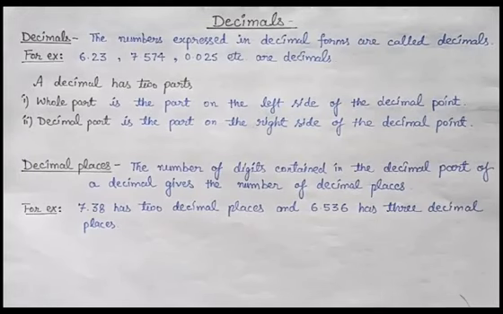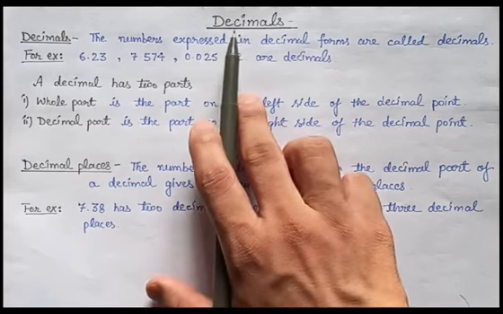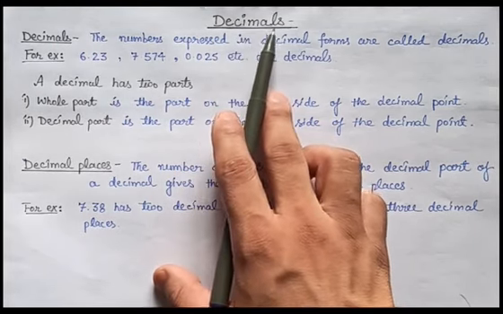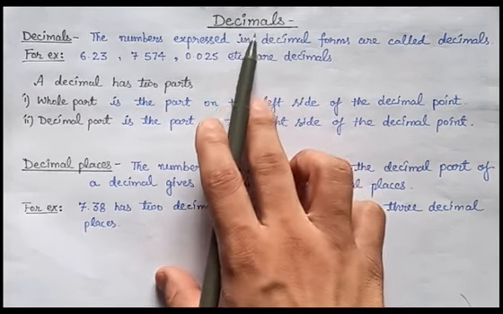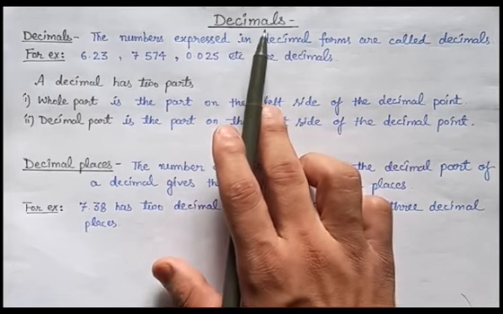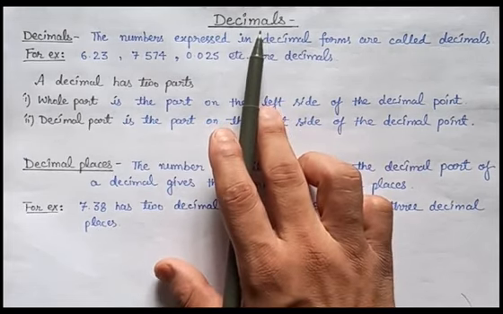Hello students, till our last part of fractions we have studied about fractions and also the addition, subtraction, multiplication and division of fractions. In this part we will study about decimals. So basically the chapter decimal is second part of second chapter from the book NCERT, while it is given as third chapter in your side book.